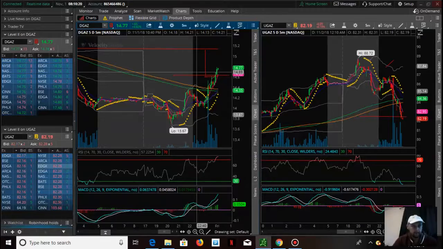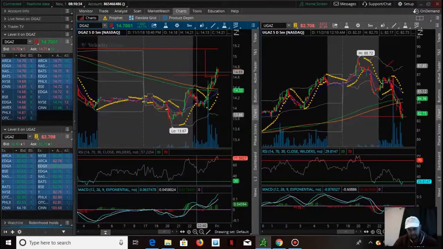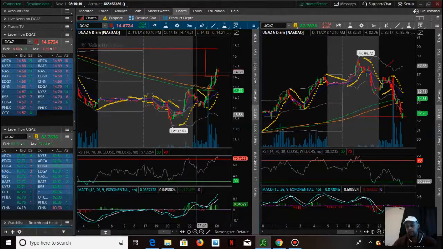It's currently at 14.77. I'm going to do a stop loss for 14.65. Or now we're going to do a stop loss for 14.70 for 1,050 shares. And the reason I put my stop loss at 14.70,